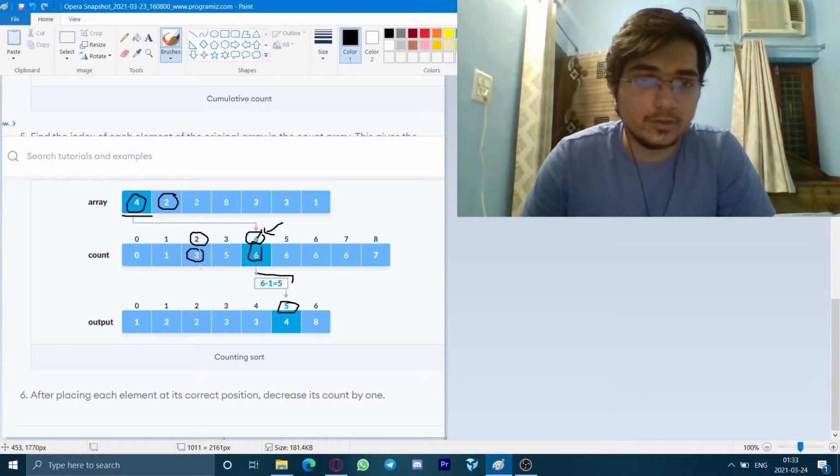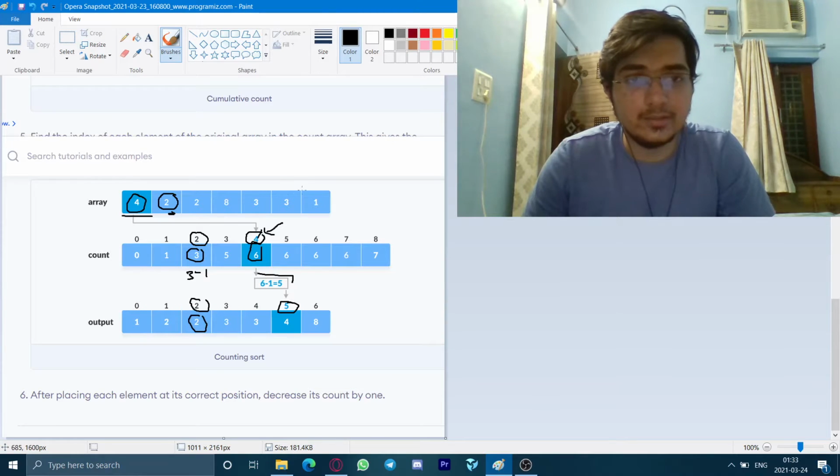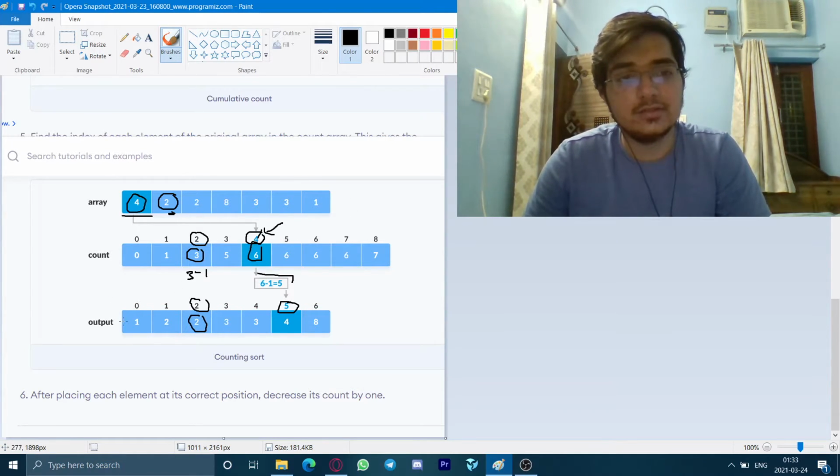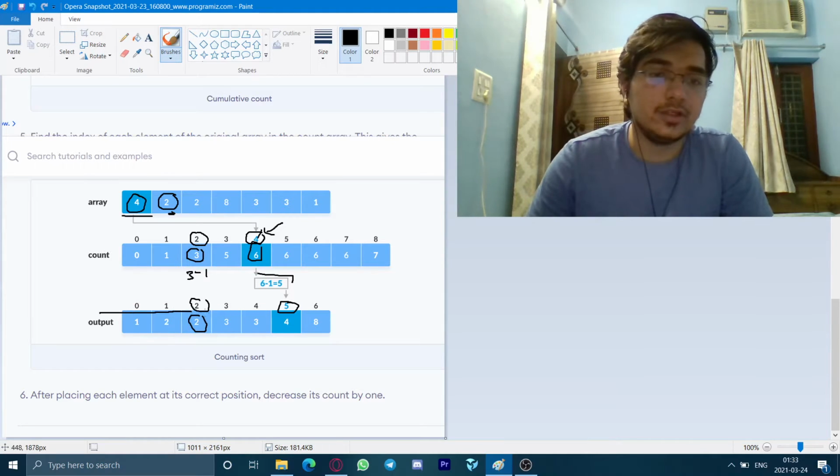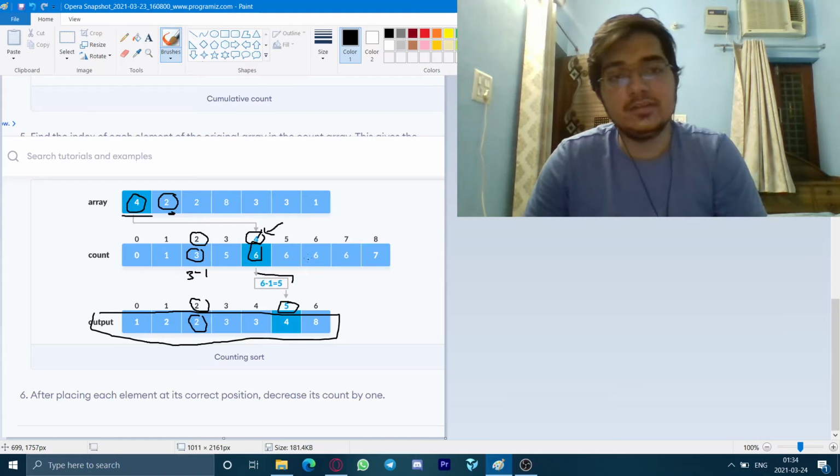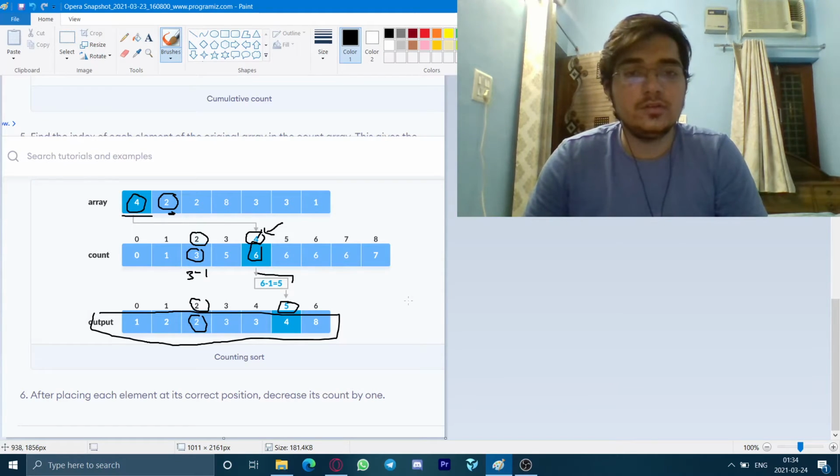So we do 3 minus 1, which is equal to 2. So at the second index we are going to print 2, and for all elements we are going to do this. That's how we can print the output in a sorted way without comparing the elements among themselves. So this is how counting sort works.